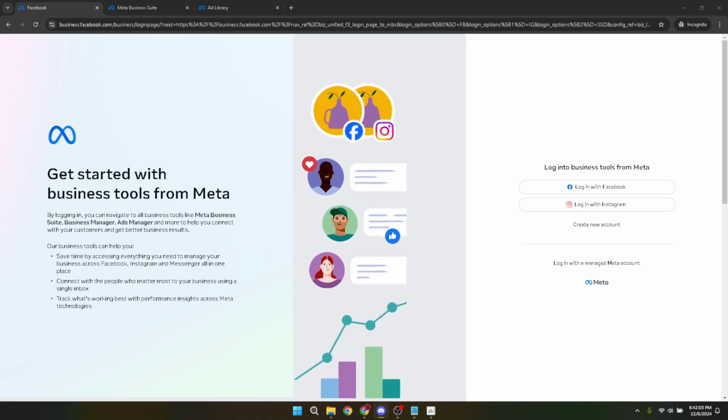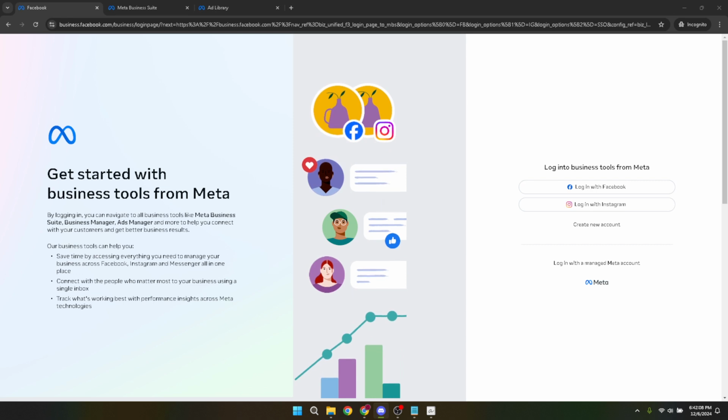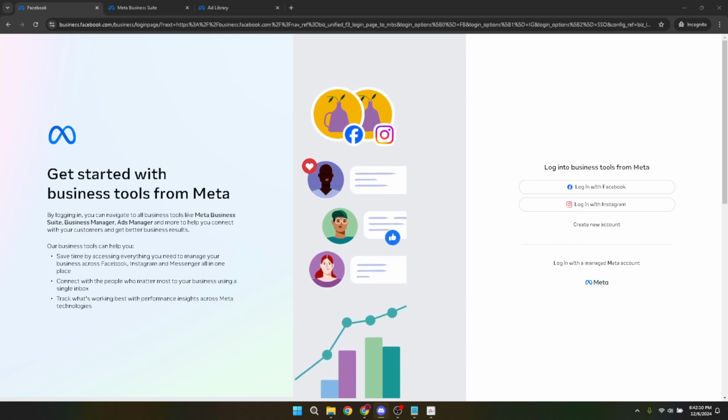First things first, you need to head over to the Facebook Business Manager. This is the hub where all your advertising activities on Facebook are centralized, making it easier to manage your ads, assets, and more. If you've used Facebook for personal stuff, this might look a bit different, but don't worry, it's designed to simplify your advertising tasks.